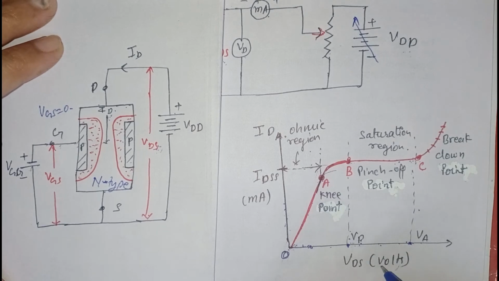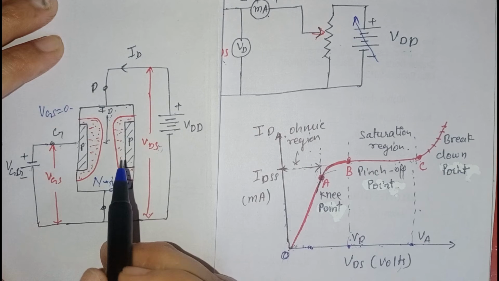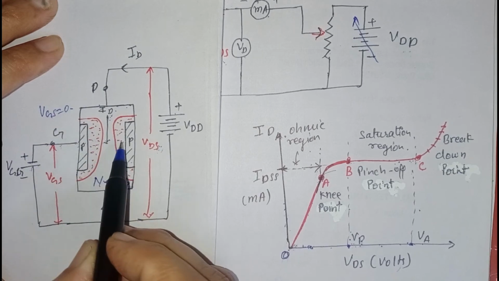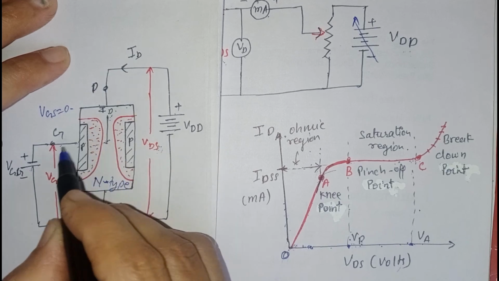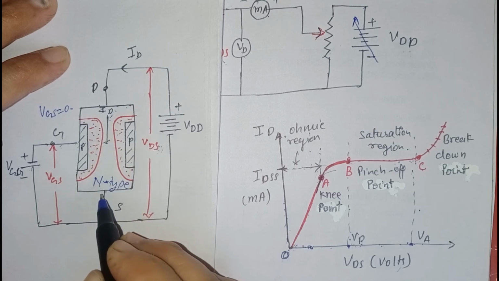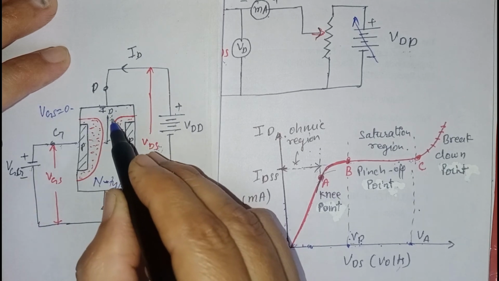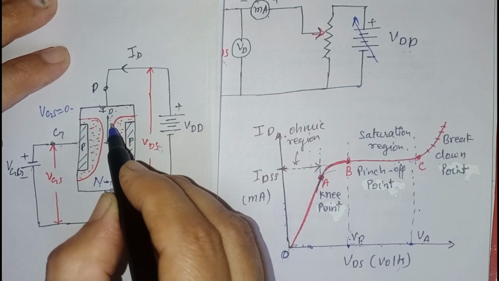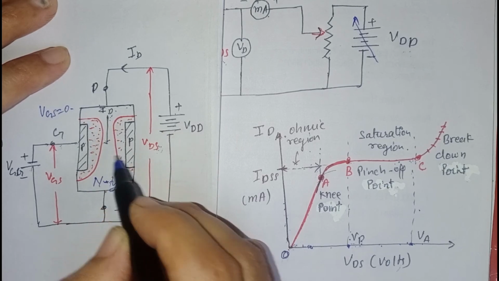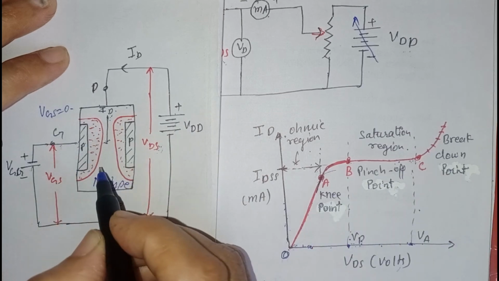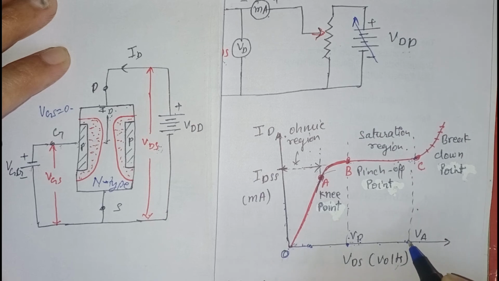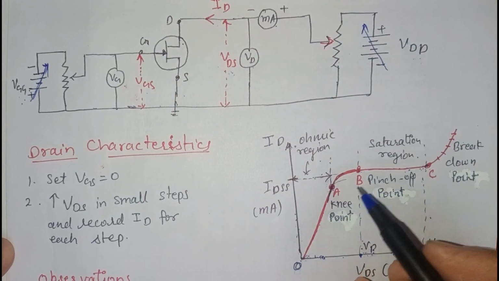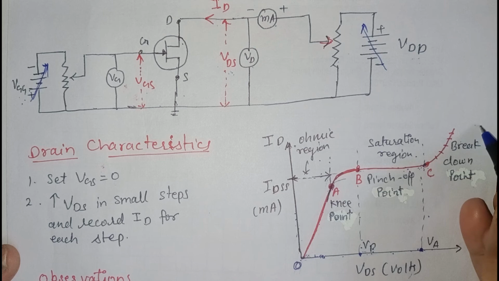Now, if we increase the value of VDS after point C, this will increase the reverse biasing at the junction, and this reverse biasing will cause a large electric field at the junction. This will cause the gate junction to break down, and a large number of electrons will flow from source to drain and cause a high value of drain current, which means the drain current will shoot high in this region, but the device will be damaged in this case. So we can increase the value of VDS only up to point VA, which means avalanche breakdown. This curve is obtained when VGS is equal to 0.